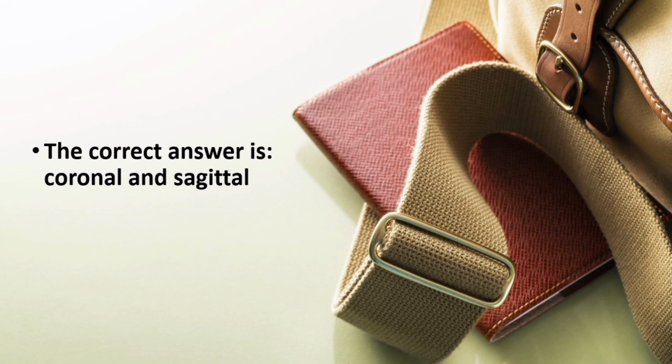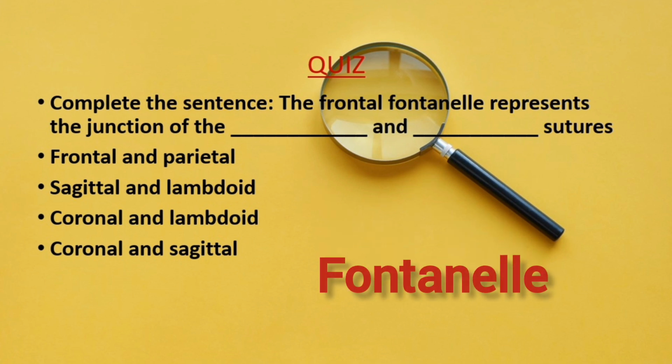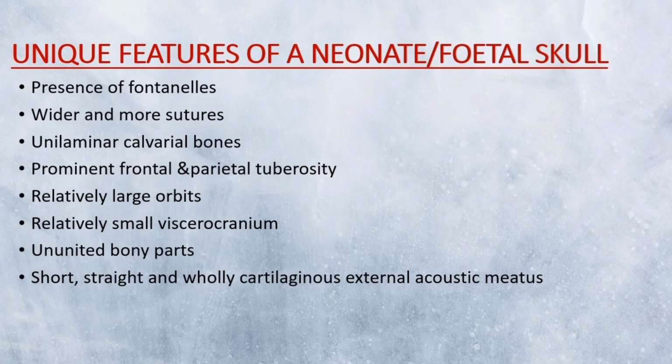The correct answer is coronal and sagittal suture. It is important to note in that question, that if one was asked "dash and dash bones," not sutures, then the answer would change to frontal and parietal bones. We've mentioned a new term and that is fontanel. What exactly is this? Let's find out in the next discussion, and that is unique features of a neonate or